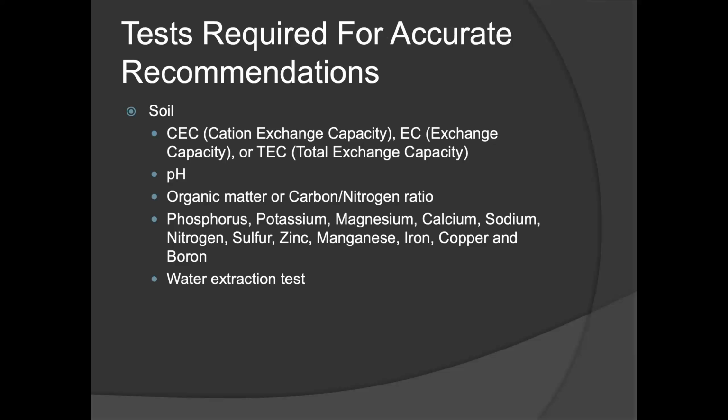So basically at that level, it's too high. You might not be getting proper digestion and utilization of all the nutrients that are in that organic matter. So that's an important thing to look at. And then the general nutrients: you look at phosphorus, potassium, magnesium, calcium, sodium, nitrogen, sulfur, zinc, manganese, iron, copper, and boron. Now, I put nitrogen on there, and a lot of times people don't run nitrogen